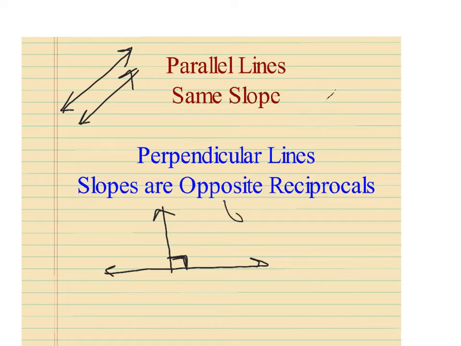So opposite means the sign changes from plus to minus or minus to plus. Reciprocal means that you flip your fraction upside down so that it's opposite of what it was. So let's do some examples. Again, if you feel good, maybe skip some. If you don't feel good about it,